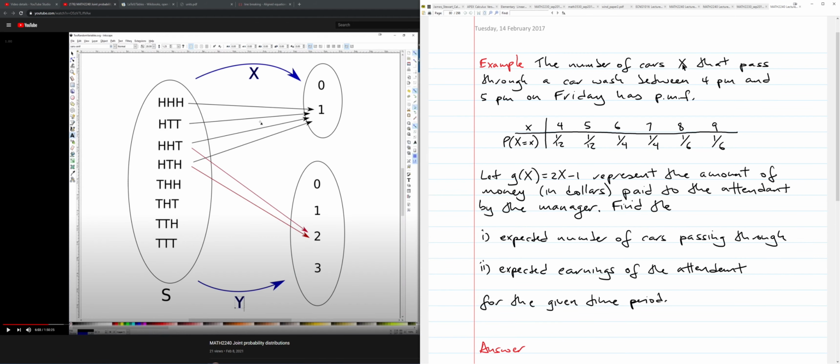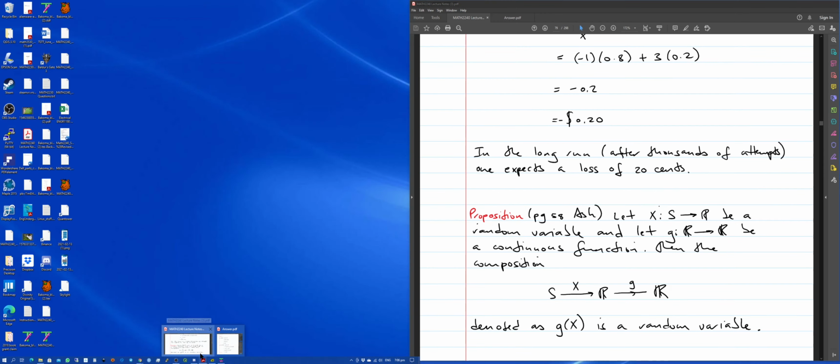So I just gave you an example of a function of a random variable. If you have a random variable x, a function of a random variable essentially modifies it in some mathematical way, like this. So you could have x squared, you could have 2x minus 1. But more precisely,